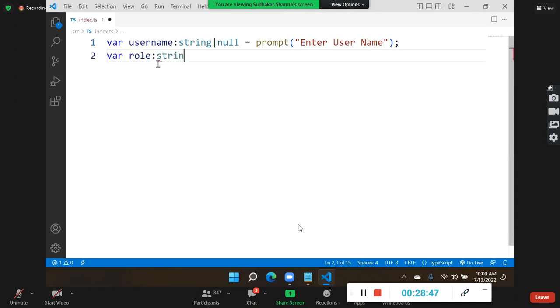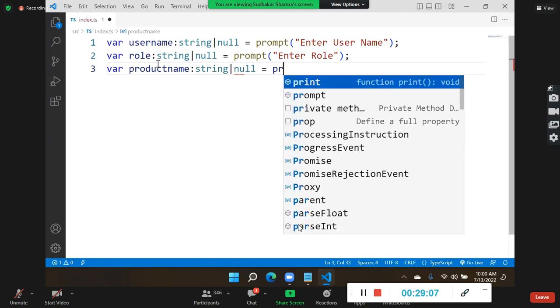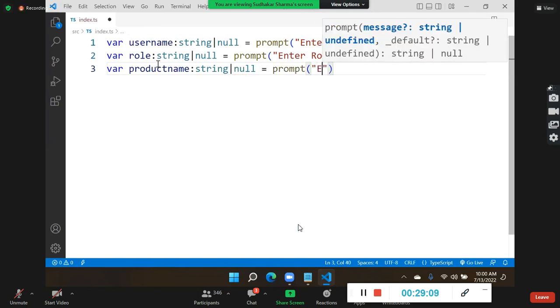Role is also string or null, and prompt. So here we have to say enter role. Okay, next we have to use product name. It is a string or null type. This is also prompt, and we will say enter